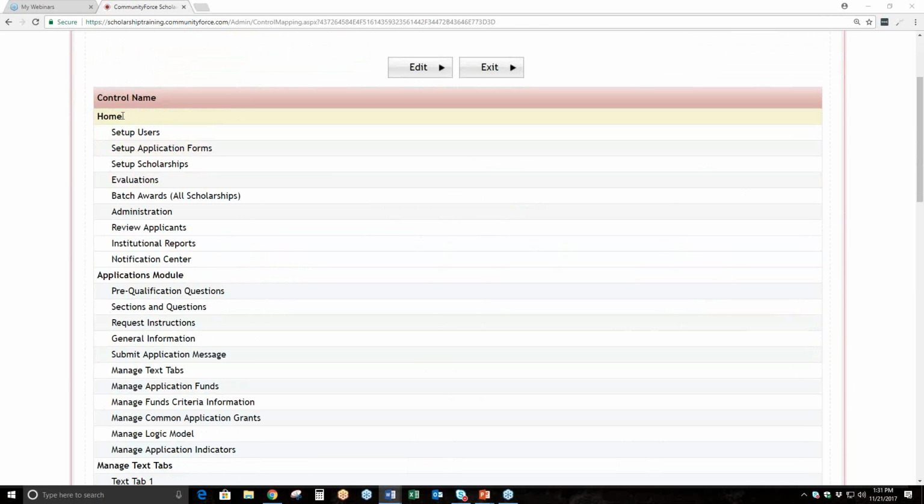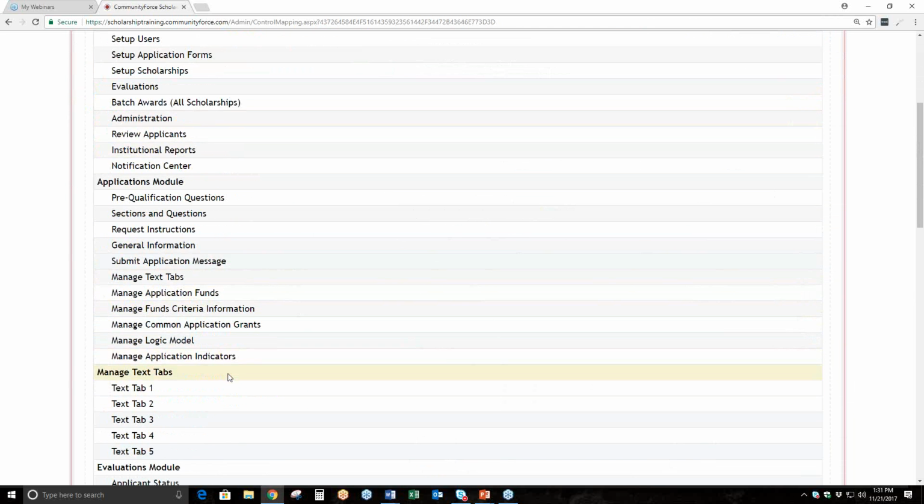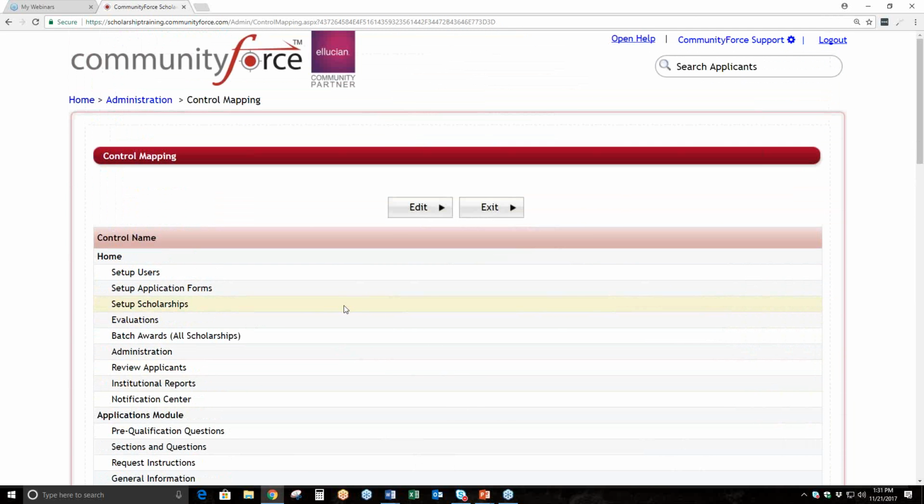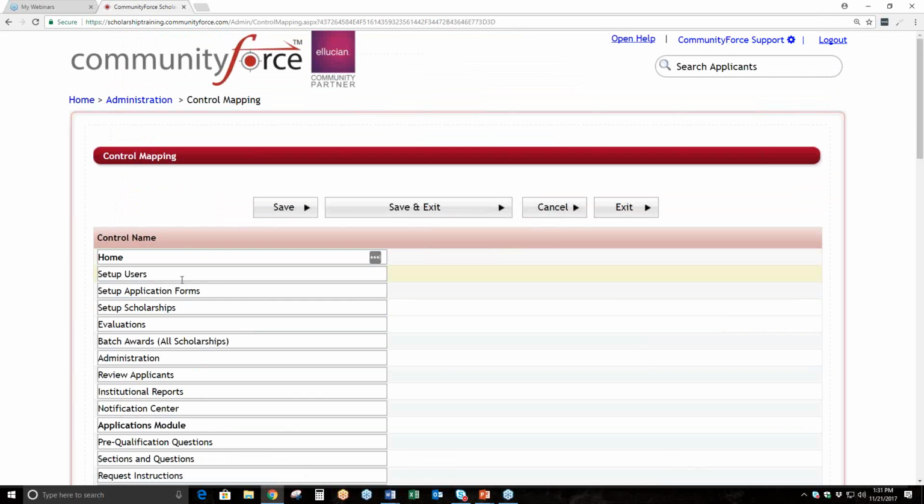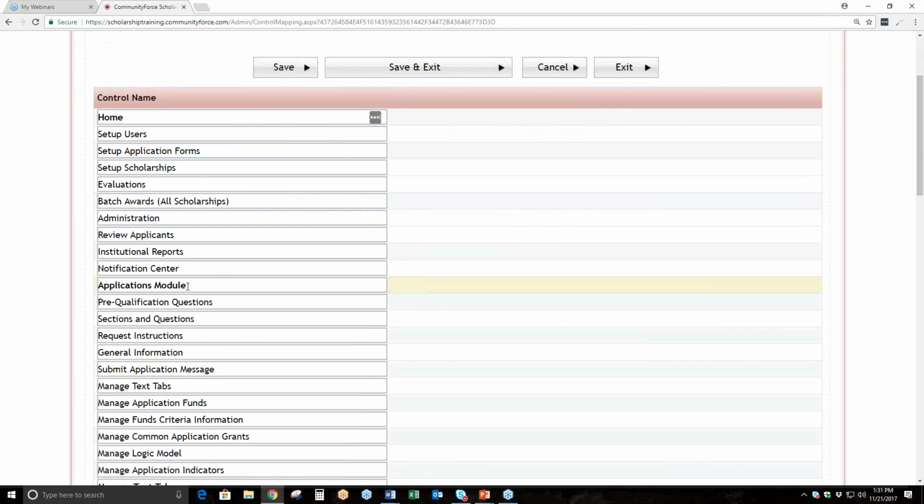The one thing you don't want to change in controls, that does open up but can cause some issues with the system, is the menu, the actual dashboard names. So like home, applications manual, manage text, there is some hard coding in the background. And you also don't want to change a name to one that's already called that because it will cause some issues in the long run. So if you want to change a control name, you just click edit. When you click edit, it opens up the fields here. The ones that are bolded are those actual